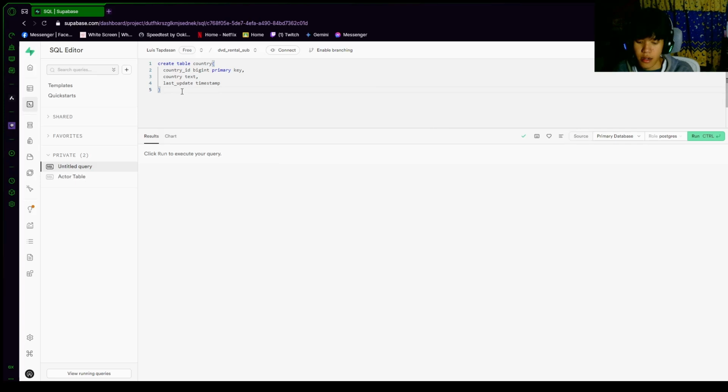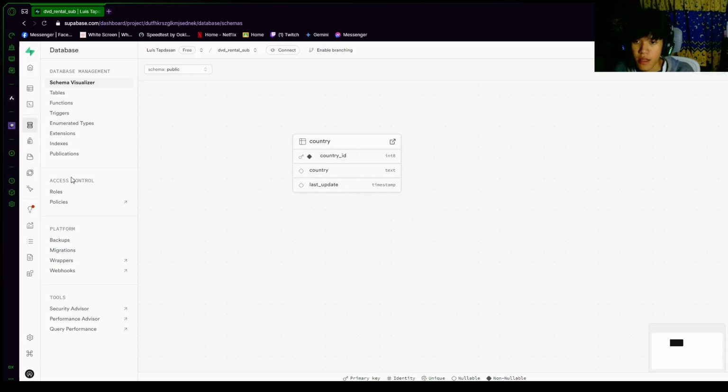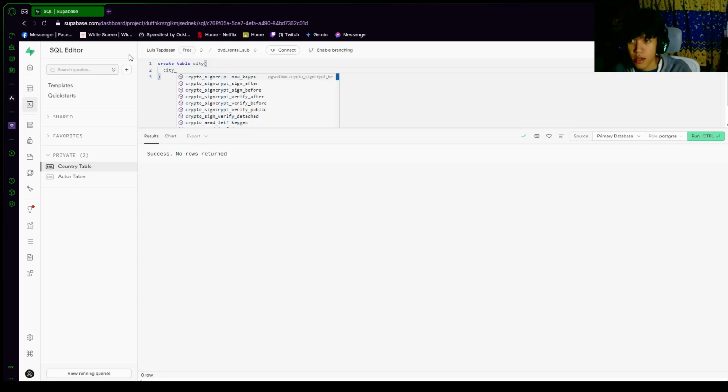And then we're going to run the code now to make the table. So as you can see here, this is the table that I have made, and I'm going to create now the second table. So I'm going to be creating the city. Create table city, and then city ID for its primary key, and then data type primary key,